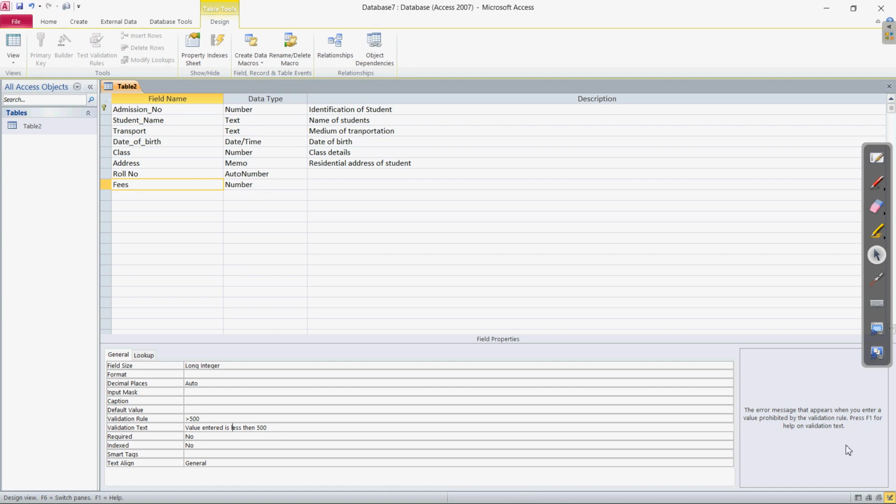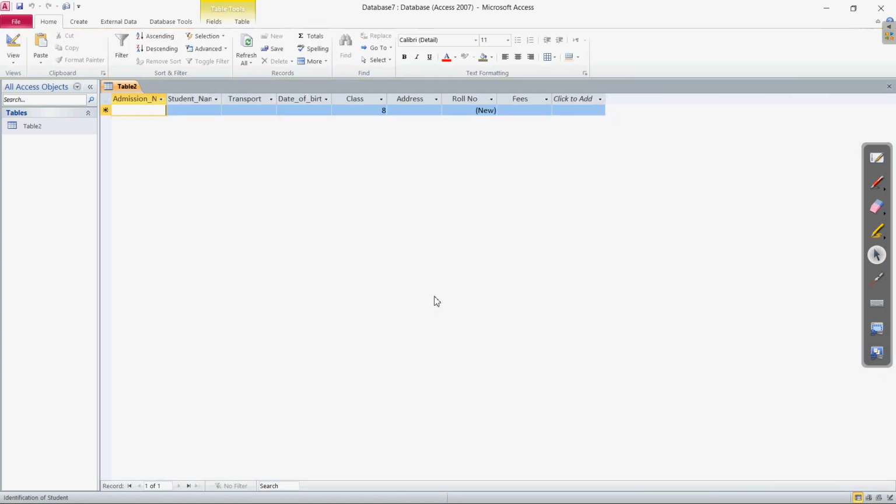So let us check it in the datasheet view as well. Whenever you click the datasheet view, it will ask you to save the table first. So yes, we have saved it. In the fees column, here you can see, we have written the condition is above 500.